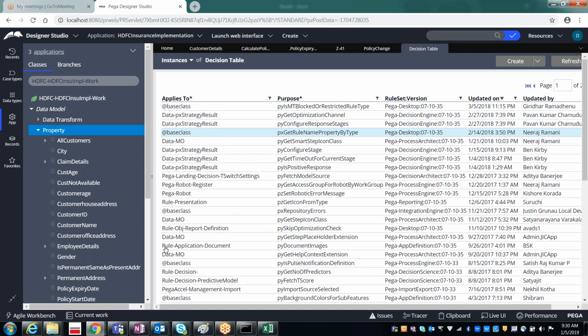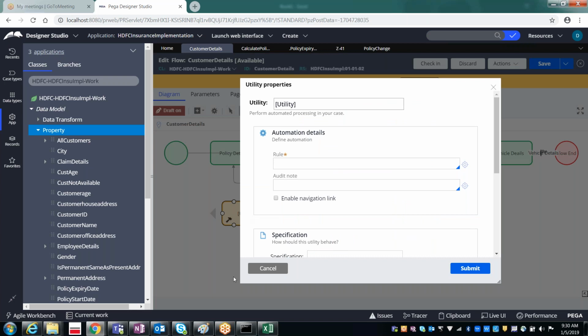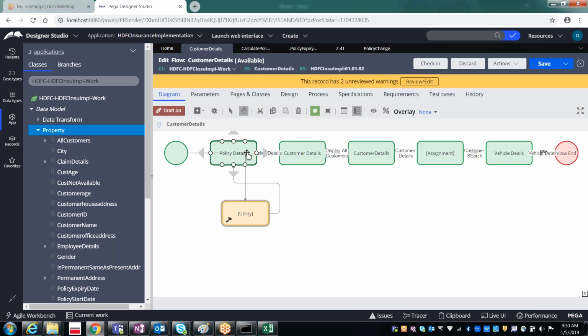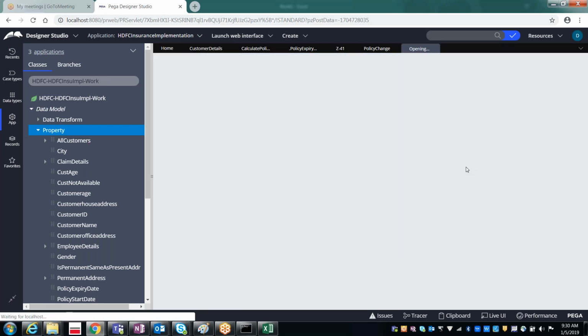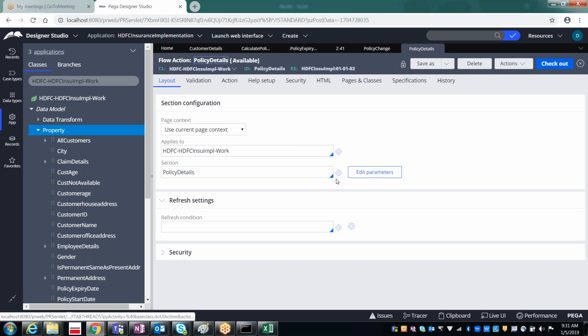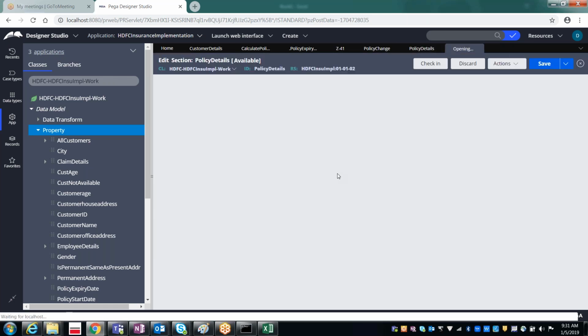Now create a user interface for this. For example, for the policy details, displayed on the policy details flow action, right? This flow action contains one section, policy details.